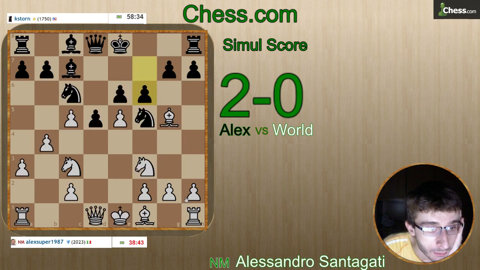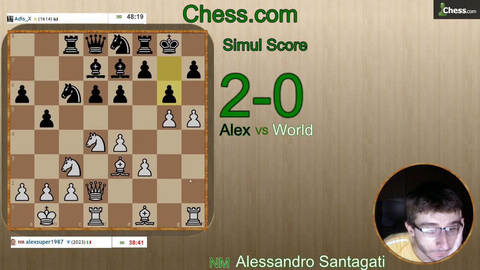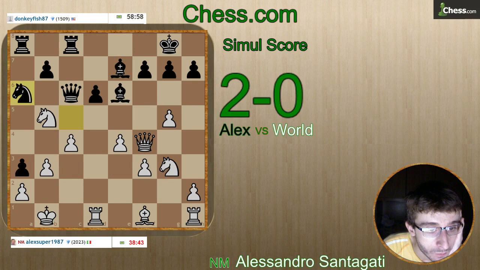Okay, f6 now. Can take the pawn. Here now queen h2. Because if bishop takes g5, I take and then I can threaten checkmate in one move. Okay, play this move, we will see. Here knight a6. Okay. My simple idea is take d6 and then